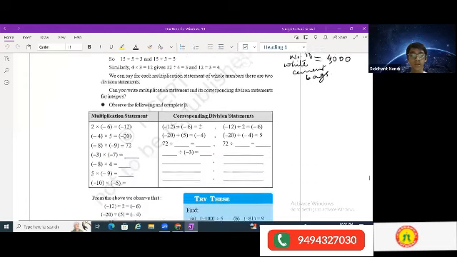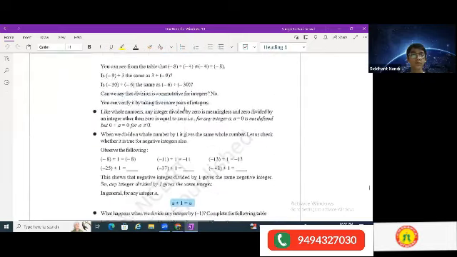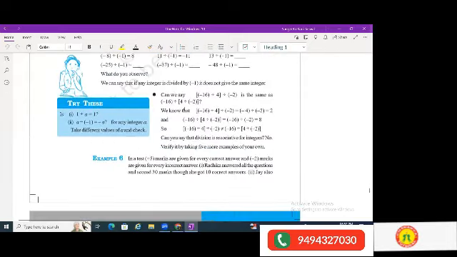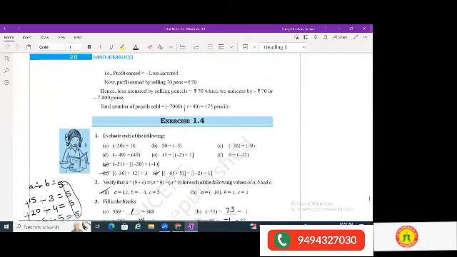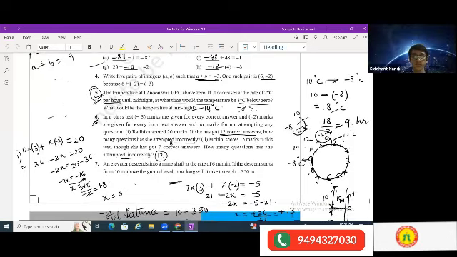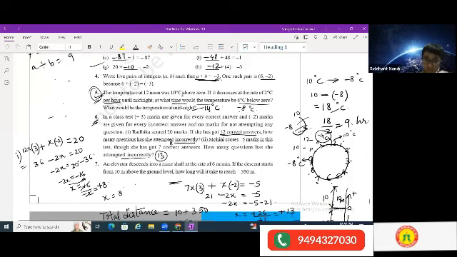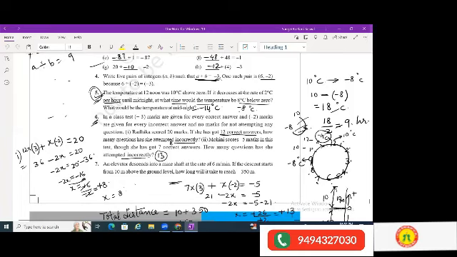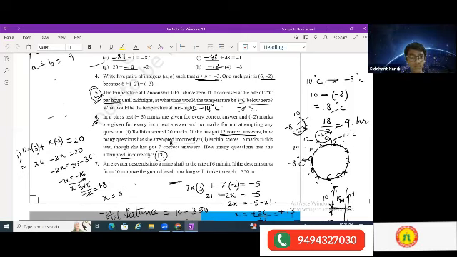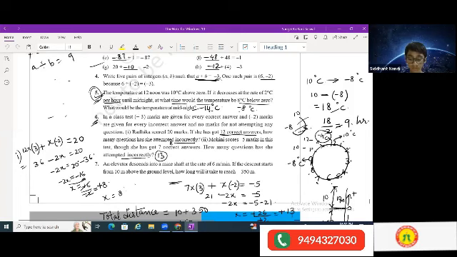Did we do anything of this property in the previous class? Ma'am, you said that you'll clear my doubt, the temperature at 12 noon. I'll clear your doubt. I'm coming to that only. See, you have this question as question number 5 in your exercise 1.4. The temperature at 12 noon was 10 degrees above zero. If it decreases at the rate of 2 degrees per hour till midnight, at what time would the temperature be 8 degrees below zero? What would be the temperature at midnight? This was your question, no? Yes, ma'am.